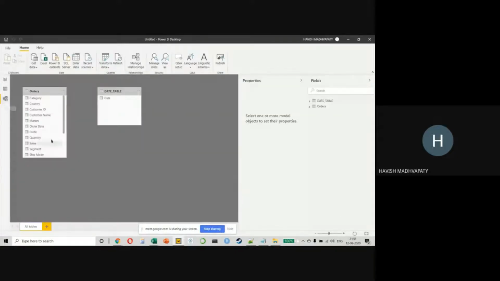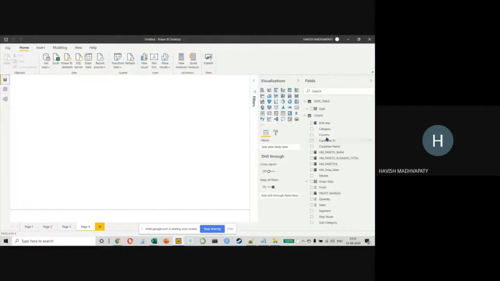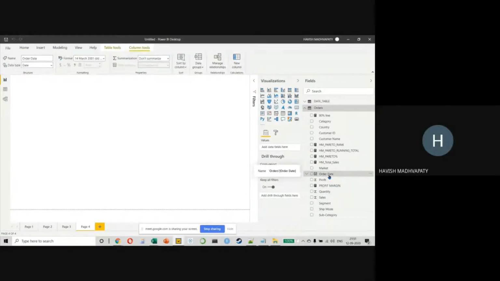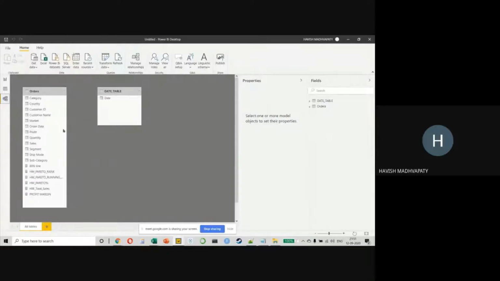There's a bit of a problem. The problem is now we have 2 tables here, right? If you look at the original data set, you will notice that there is a calendar icon on order date, this one on the right side. Notice a small icon. But now that I already have a proper date table, I don't need this one. I mean, it doesn't make any sense, right? So what do I do? I will connect my order date to my date.